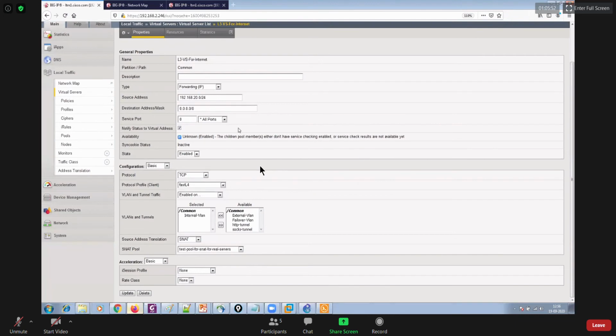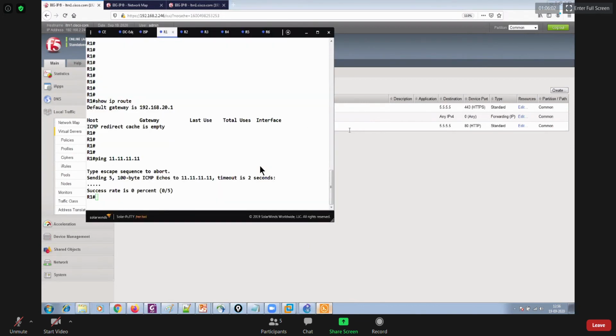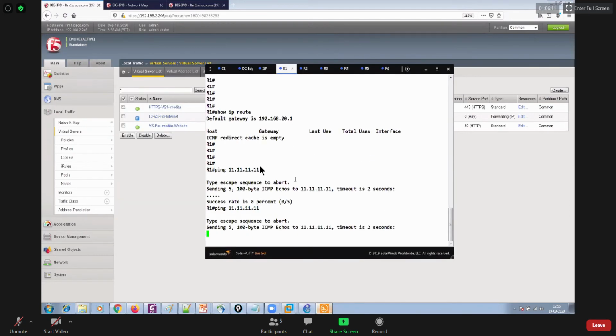I have the virtual server already in place, and it should have worked. But over router 1, I am still not able to reach the internet. Now I'll have to see what's happening.